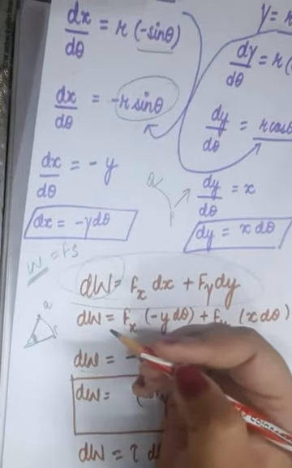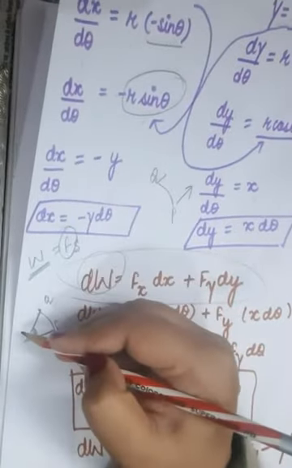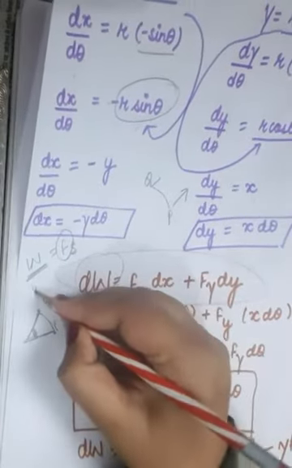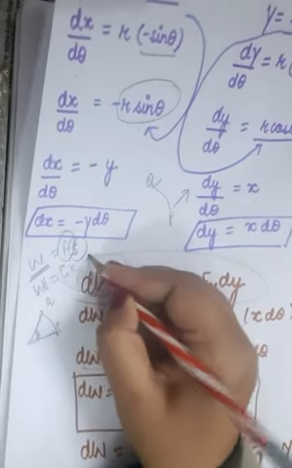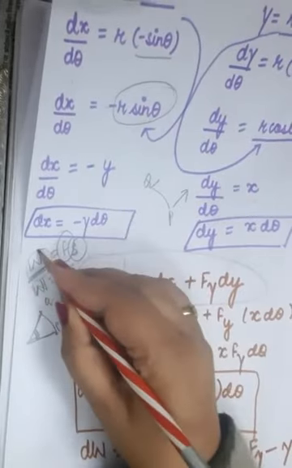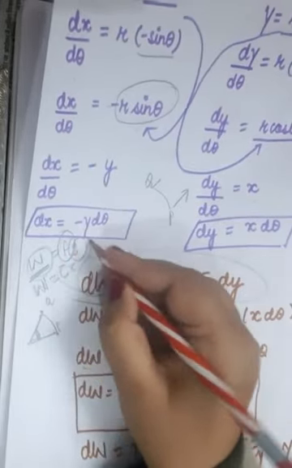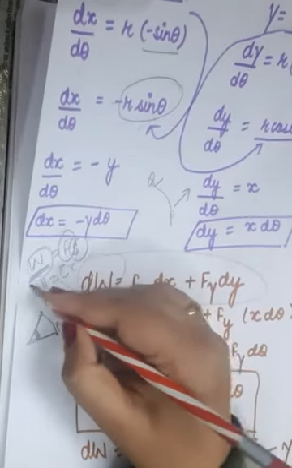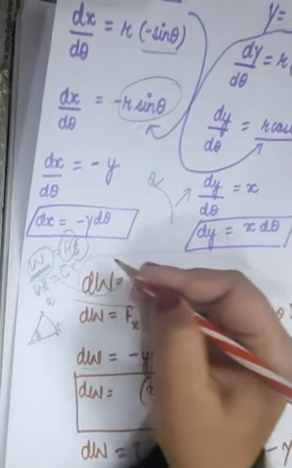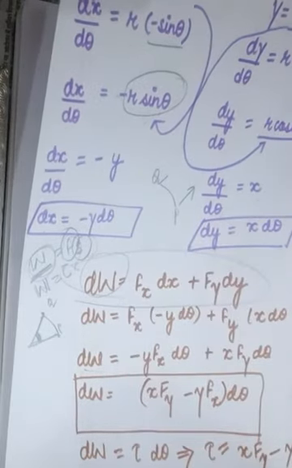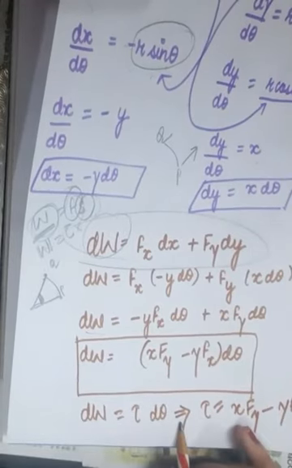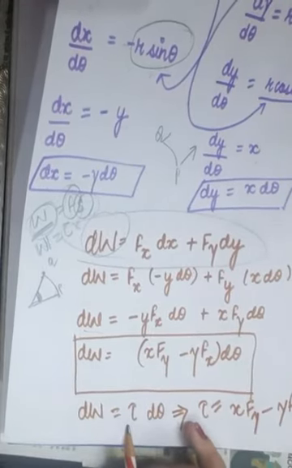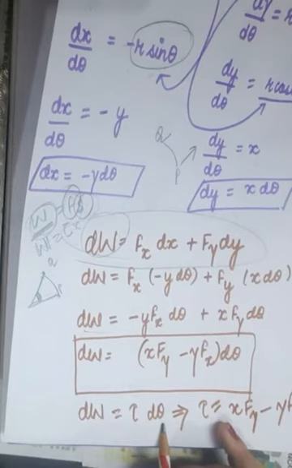And what was responsible for this? It was not only the force, it was the torque. So in rotational motion, the same work done is written as torque into angular displacement. In linear motion, it is written as force into displacement, whereas in rotational motion, it's written as torque into angular displacement, right? So what am I going to do after that? dW equals tau d theta, where tau is torque, which is of course the rotational effect of force, and angular displacement is d theta, right?